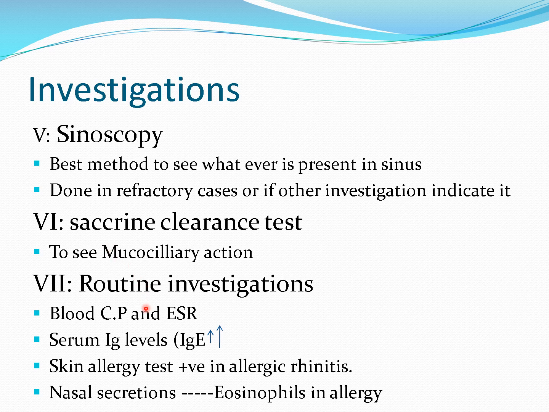So routine investigations are blood CP, ESR, and then serum IgE level will be raised in cases of allergy. Neutrophils in the blood will be raised in acute infection, lymphocytes in chronic infection, and eosinophils in allergy. Skin allergy test is done when we are suspecting atopy. If family history is positive, skin allergy test will be positive. Nasal secretions, we can stain nasal secretion with the help of eosin and hematoxylin, and in cases of allergy there will be eosinophils, but in cases of infection,